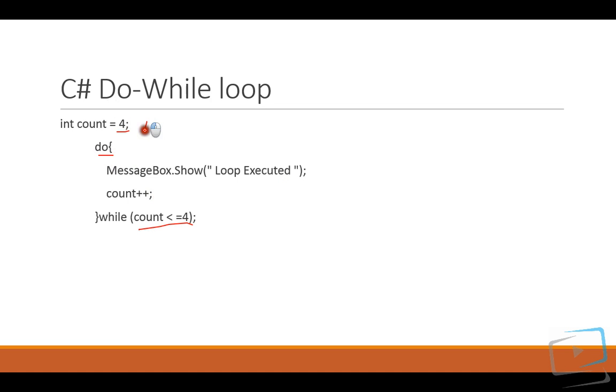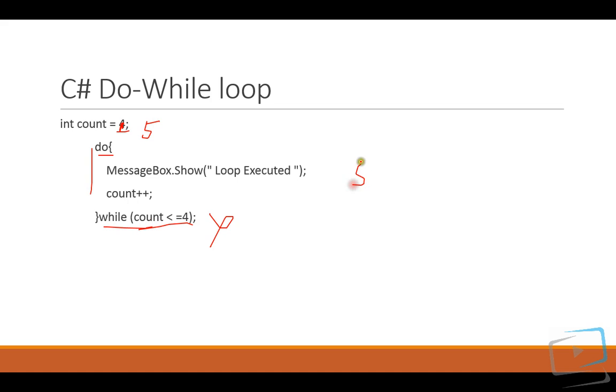Even if your count were 3, it is going to execute this statement. Suppose you have your count as 5 instead of 4. It is going to execute this do statement, 5 plus 1, 6, and then it tests the condition, and it won't execute from now on because this while condition is false. So at least once it is printed.